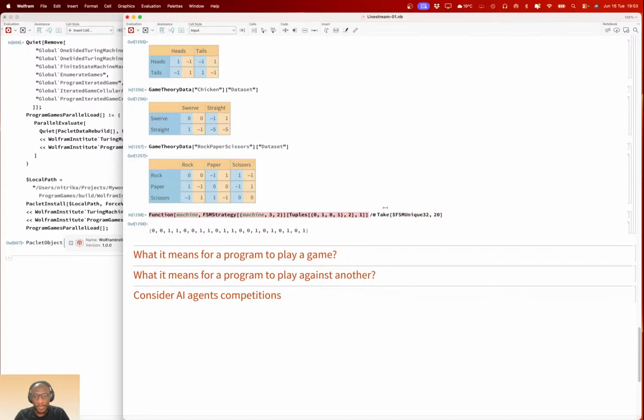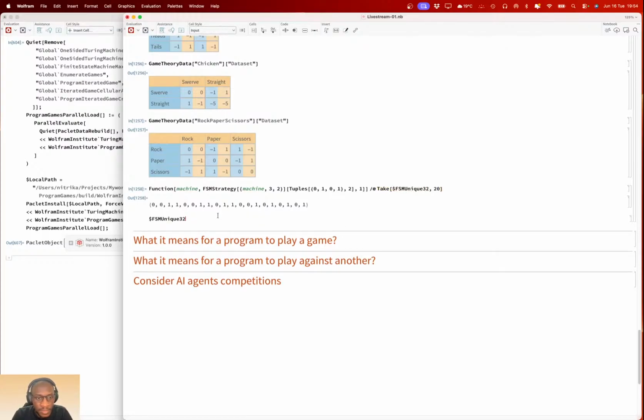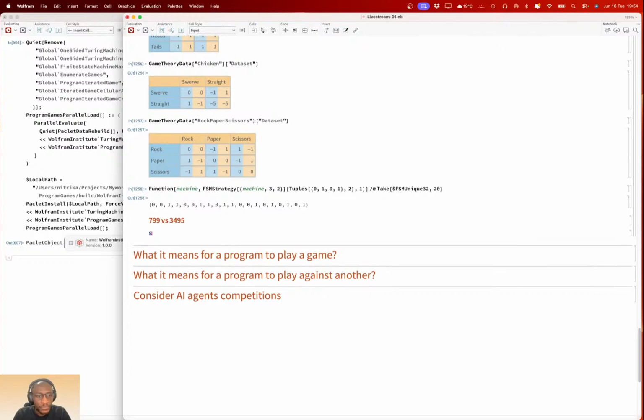Let's take an example machine, just one machine. Let me just take 799 versus 3495, just randomly. Then how do these machines look?